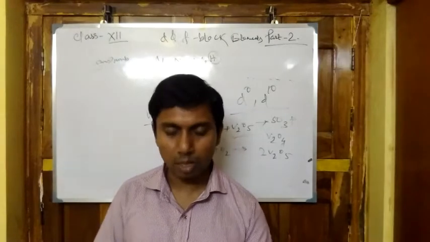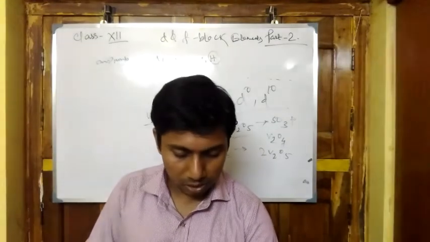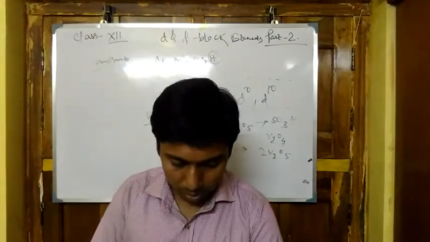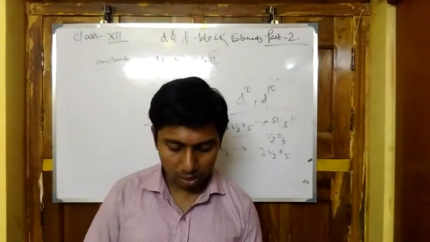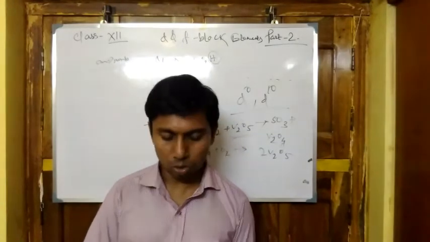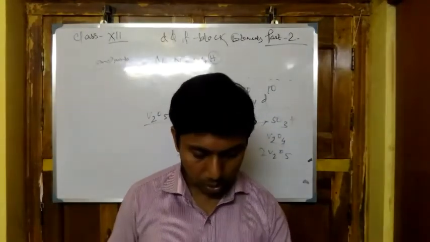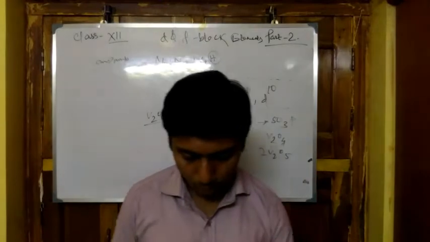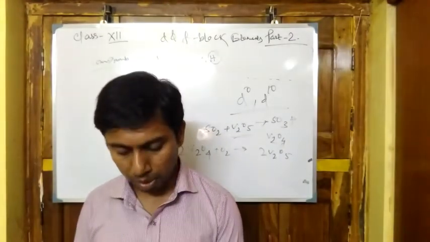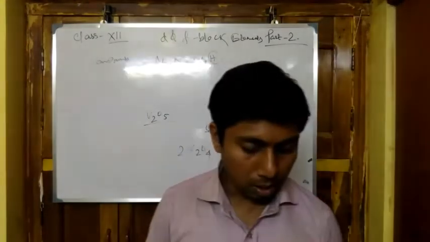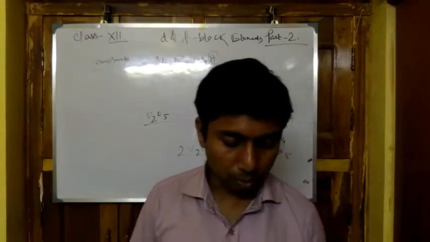It may be said that due to the similar structure of the crystal lattice, one metal crystal can replace another one, forming an alloy. So it is the replacement of one crystal by another crystal. For example, bronze, that is copper and tin, and brass, that is copper and zinc. This is alloy formation.